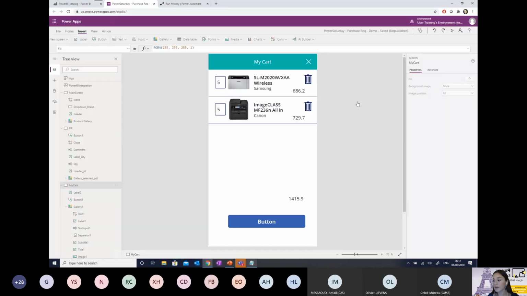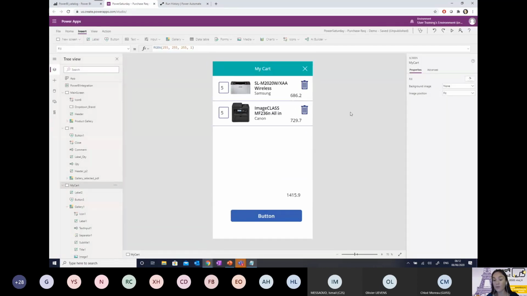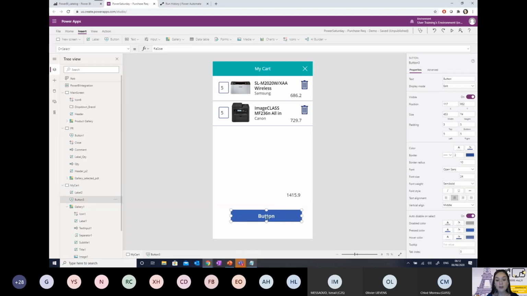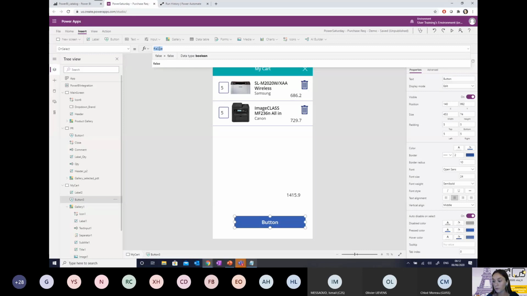So I have my cart, and now what I want to do is to be able to send my cart to another destination. Once my user has selected the different elements ordered, I want him to be able to directly send this information to Power Apps. So to be able to do that, I have added a button, and on this button, I'm going to use a formula called ClearCollect. So what I'm going to do in my ClearCollect